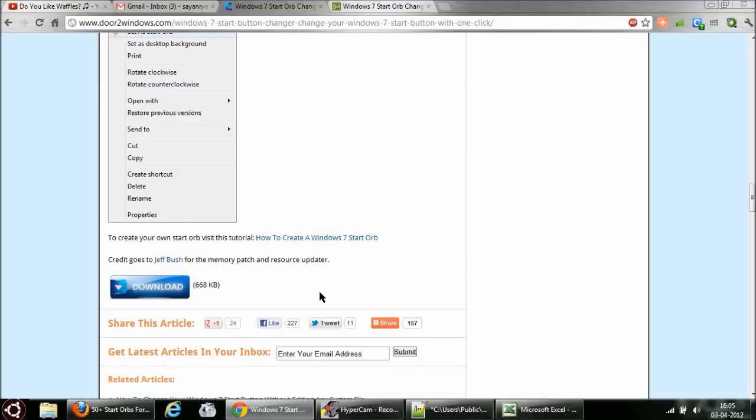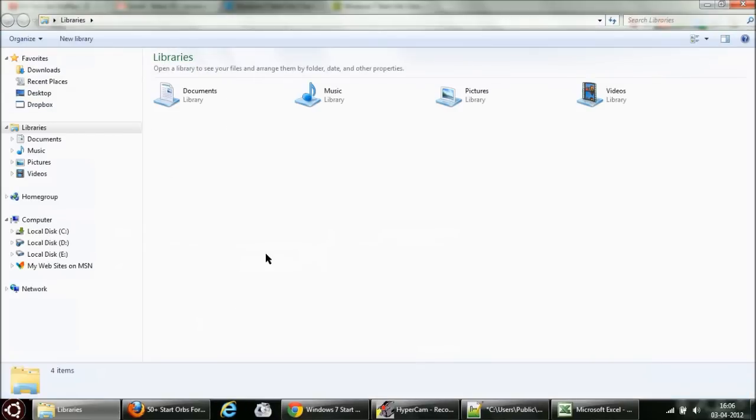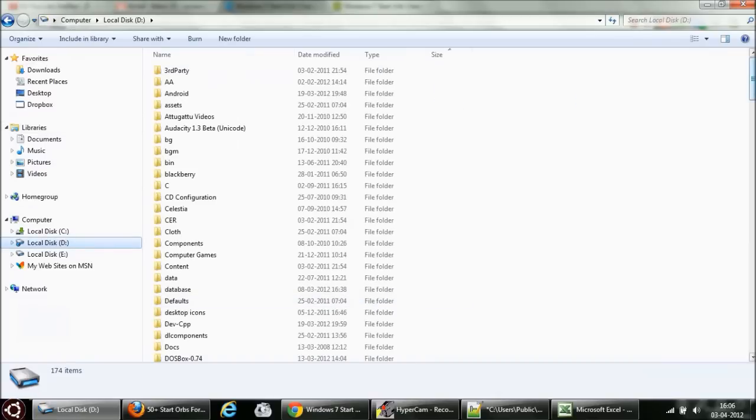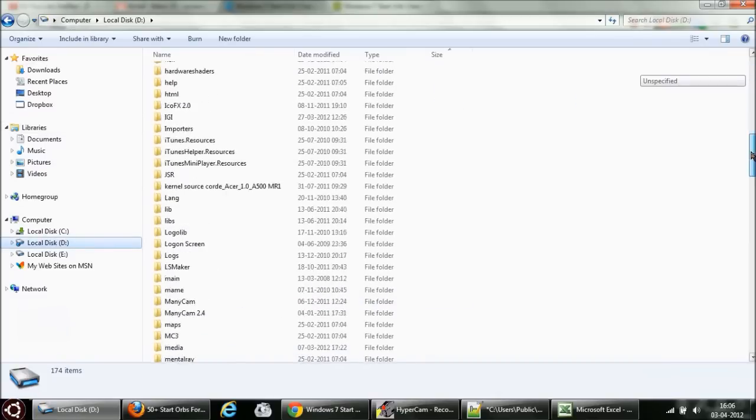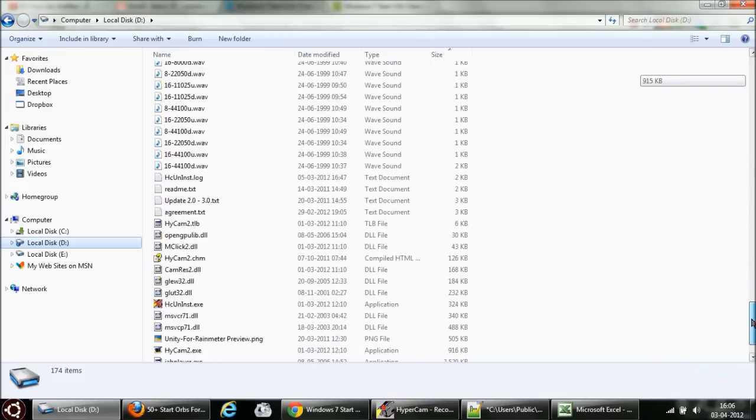Once you have downloaded it, you will get a file which you can extract to the specified folder, which is obviously specified by you. And all you have to do is get to the place where you extracted it. I don't know what I said right now, I said something confusing.